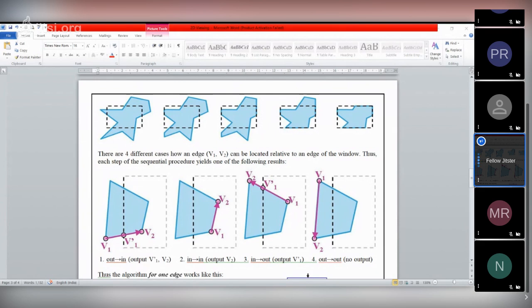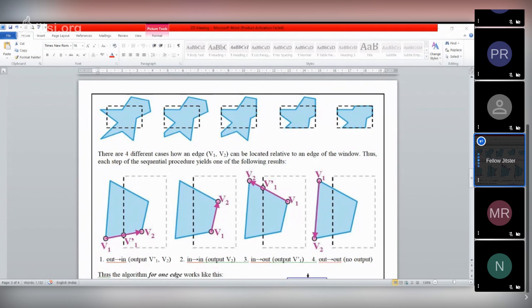In case of this portion, if this windows is like that, in to in, the output is v2. From v1 to v2, so v1 already, if we have the v1 point, the next edge should be v1 to v2. So the next vertex that we have to consider is v2.